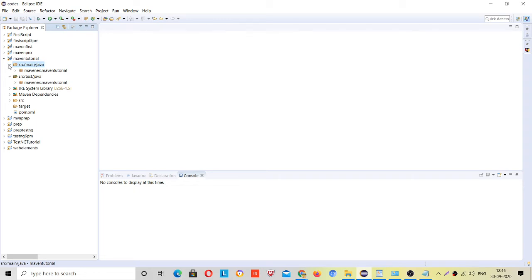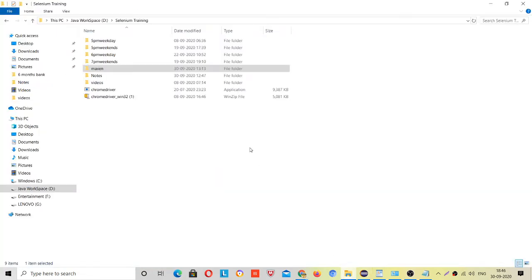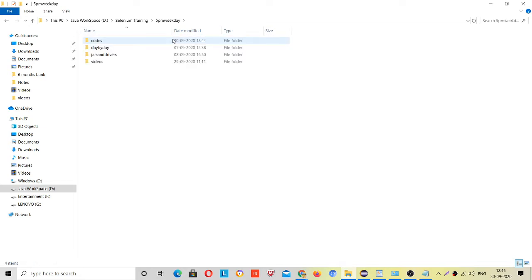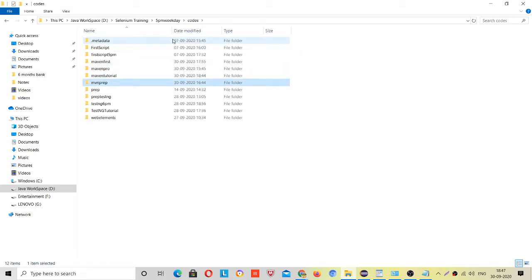But see, before that there are two src at the same level. This means there is one src folder, and inside the src folder main and test are two folders, right? And inside main there is a java folder, and inside test there is a different java folder. We can check here. We go here and codes, just go to maven tutorial.